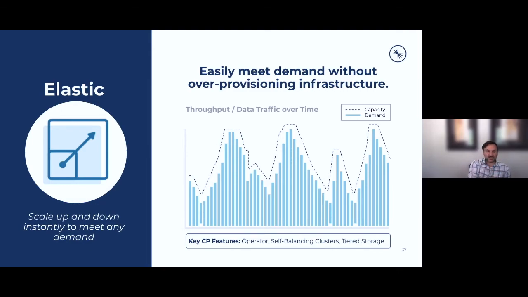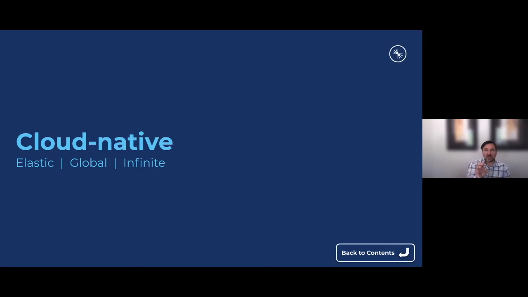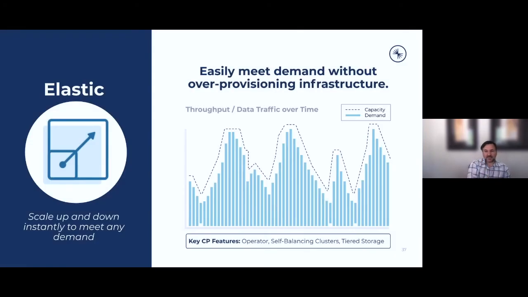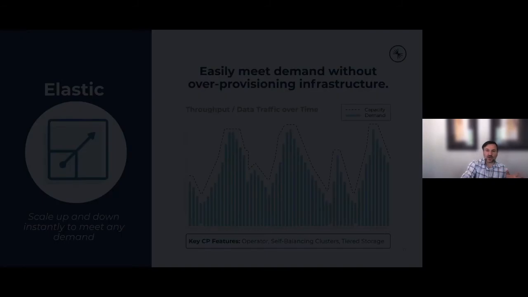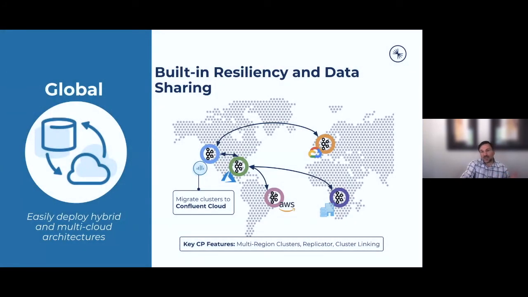Perfect. I'll take 30 seconds and just talk a little bit about the differences between Kafka and Confluent. Confluent is a cloud native version of Kafka, and so it has these types of things. I talked about the self-balancing clusters. I talked about our tiered storage, which lets you offload information. We have an operator that allows you to deploy this very easily inside of a Kubernetes environment. So you can almost have your own private cloud version of this running that can scale up and down as you want. And if you're using Kubernetes, that becomes far simpler. We've got all of these things that have built-in resiliency and data sharing.